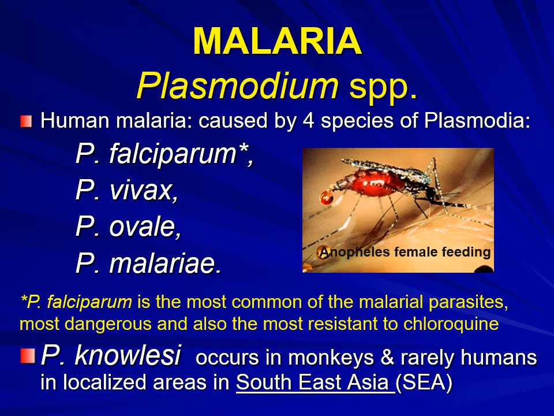And this is the most recent addition to those human parasites, because it occurs in Southeast Asia, and because man has invaded into the tropical forests there, and as men went inside the forests, they became infected with the simian monkey parasite, and we now know that in Southeast Asia, Plasmodium knowlesi does infect humans and produce infection in those areas.